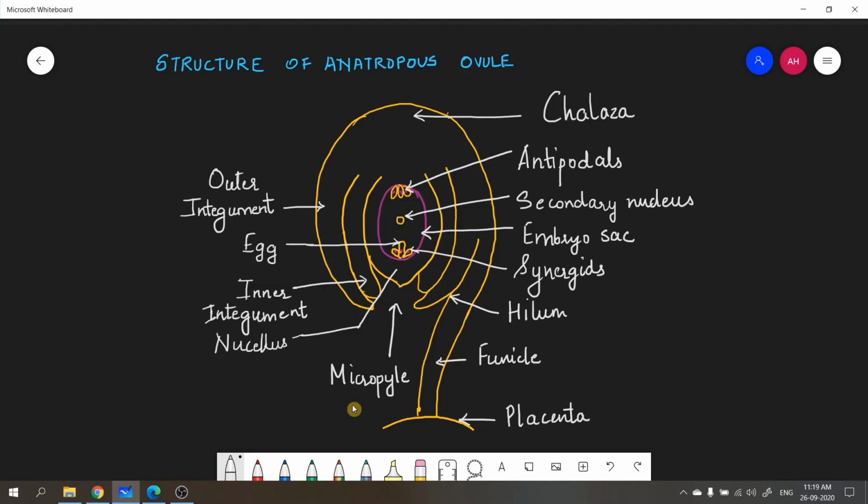So micropyle, what do you think is the role of micropyle here? Yes, you guessed that right. Micropyle is the point from where water can be absorbed and even pollen tube can enter inside the ovule. Okay. Now coming to the other labelings here, the antipodals, secondary nucellus, synergids and the egg. All these are part of embryo sac. As I said, in the coming section, I will explain the formation of embryo sac, and in the same section, I will also explain the role of all these mentioned here.